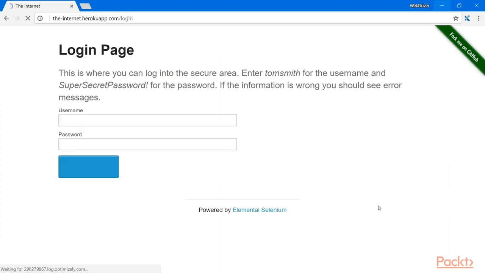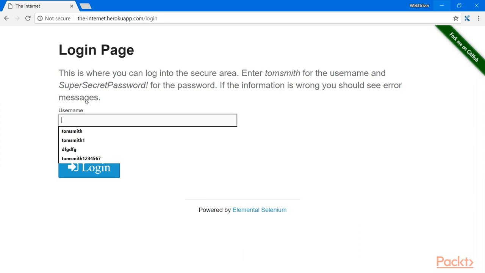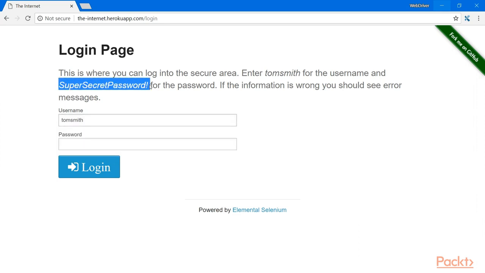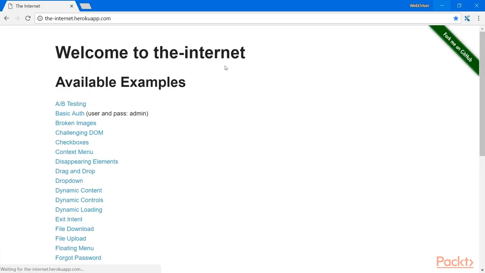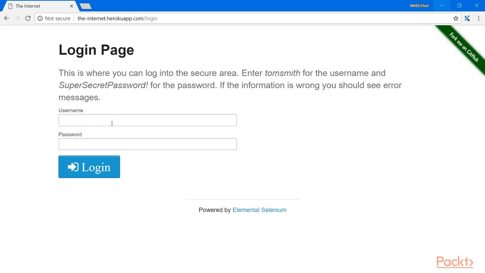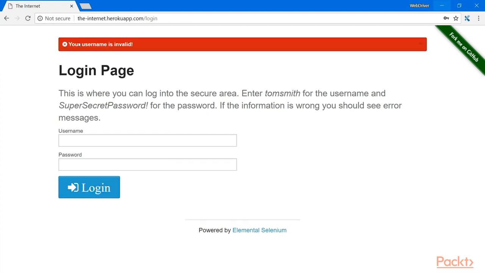Number 2 and number 3. Open login page directly with its URL and perform 2 negative tests, one with incorrect username and one with incorrect password, and verify the message. And test number 4. Click on Forgot Password link, type email, push Retrieve Password button, and verify confirmation text your